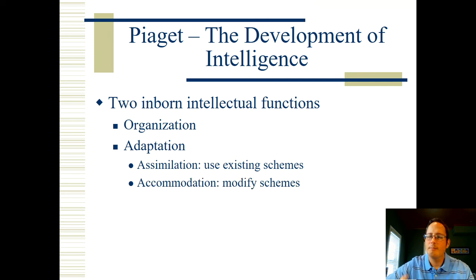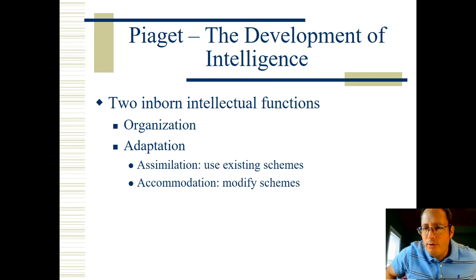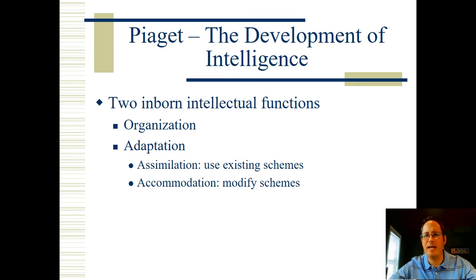So most of the time we default to try to assimilate to something that we already knew, an existing schema. But there are times that we run into something that's just totally new, and we may try initially to assimilate that information, but then we get corrected from the environment, usually in the form of our parents or somebody else saying, no, that doesn't fit there. That's such and such. So now we've got to form a new schema. We've got to accommodate that new information and create something totally new that now fits the outside world that we have just experienced.